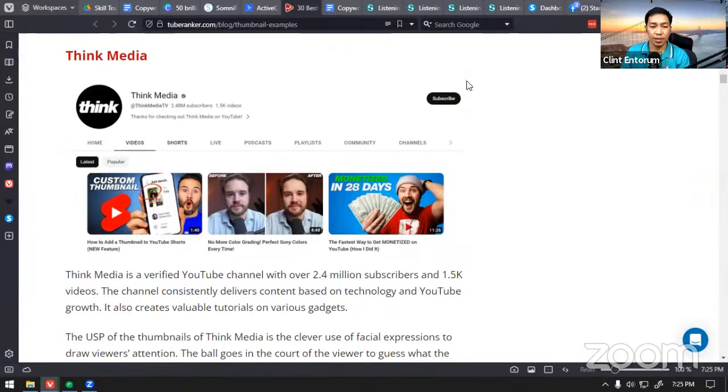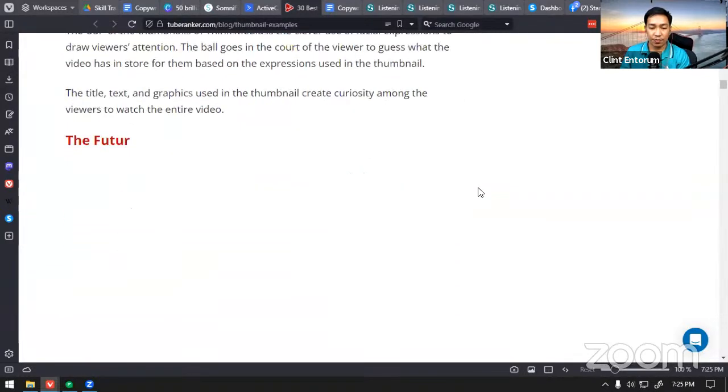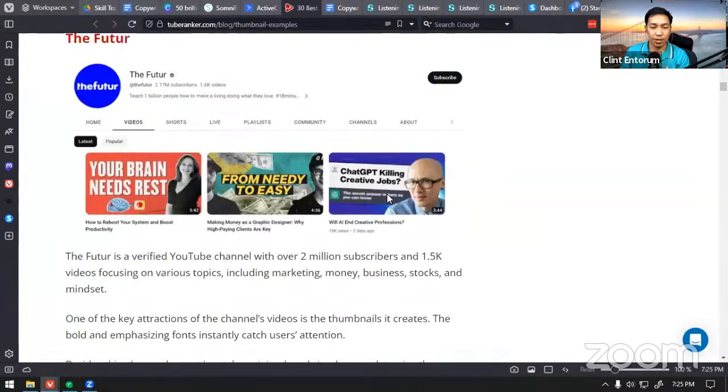Okay, so for example, this one, before and after, so that's a good copy, and of course there's visual there. We will talk more about that in design later in the next training, but it's part of copy. You see here, your brain needs rest, so that's a good copy. Simple, and a simple illustration of a brain, from needy to easy.